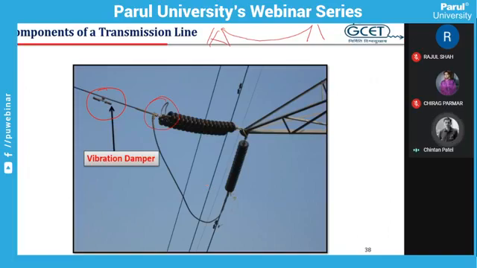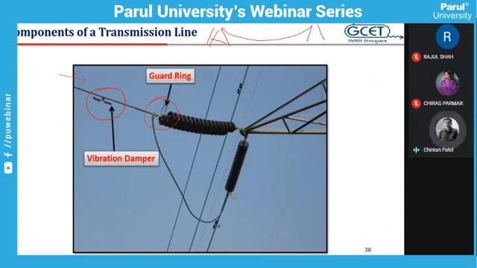So to prevent this, a vibration damper is used. This vibration damper is nothing but a specially designed weight which is suspended. So when vibrations come from the line conductor through this end, the vibration damper will absorb all the energy of the vibrations, and it prevents vibration from striking the insulator and conductor joint, thereby protecting the mechanical joint. So this is a very important device from the transmission line point of view.